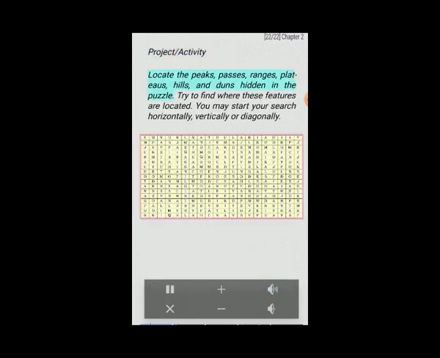Project, activity. Locate the peaks, passes, ranges, plateaus, hills, and duns hidden in the puzzle. Try to find where these features are located. You may start your search